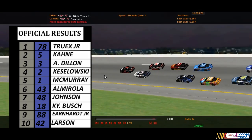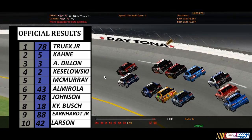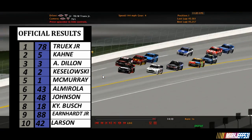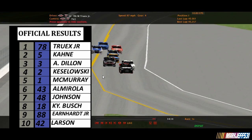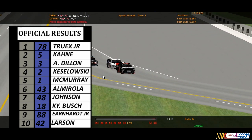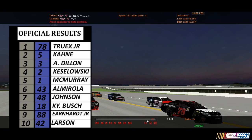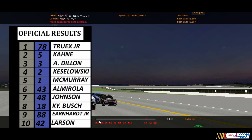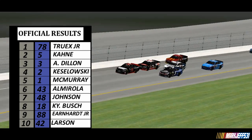A lot of momentum now going into tomorrow and next weekend for Martin Truex Jr. and Barney Visser's Furniture Row Racing, who grab the win here at Daytona in the Sprint Unlimited. Come down pit road, Truex. Let's go back and look at that finish out of turn number 4 one more time before we look at the final results. Down the line, Kahne nearly